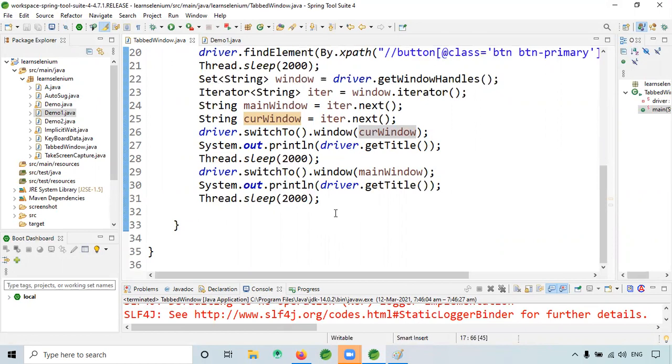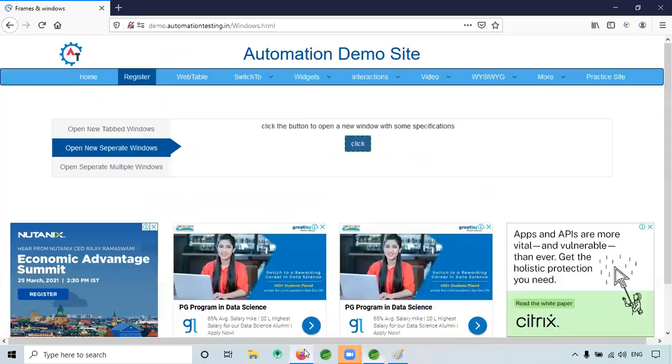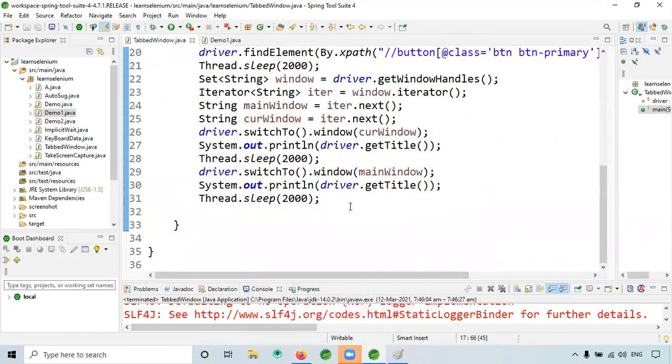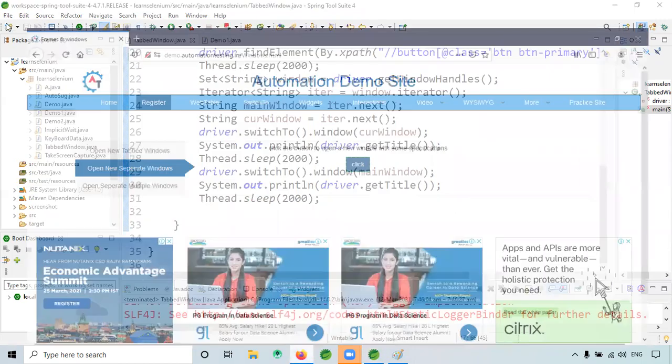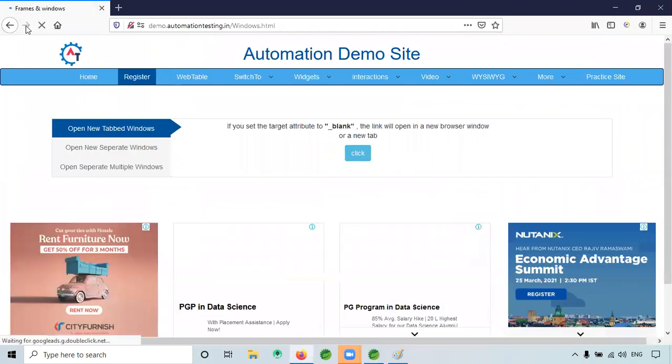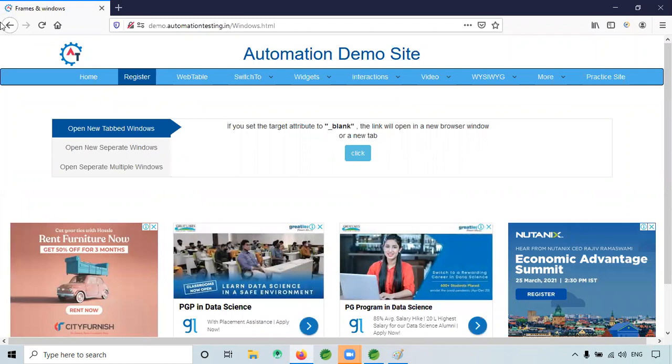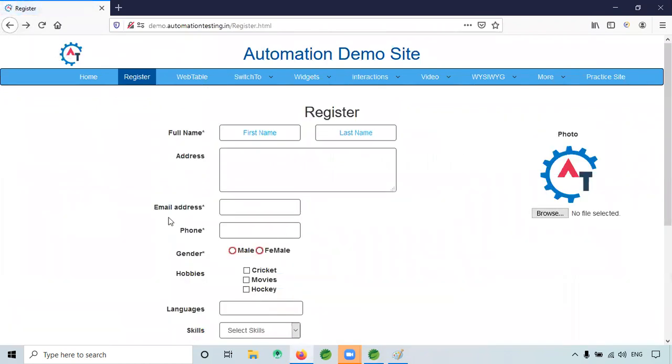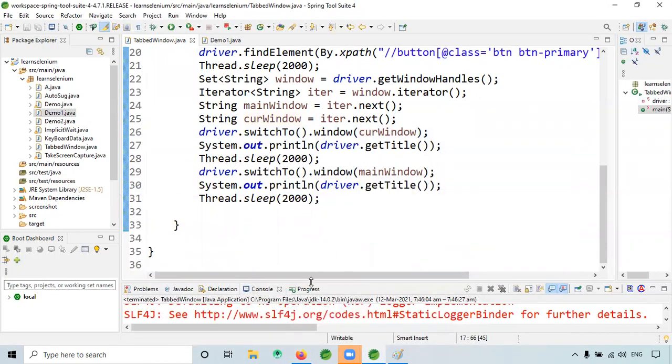And we already worked, if you remember, when you have a link and you click some links, we used driver dot navigate dot forward and backward. For the current tab only, it will go back and go forward. That is driver dot navigate dot forward and backward. And if you want to refresh, driver dot navigate dot refresh. That is also we have to remember.